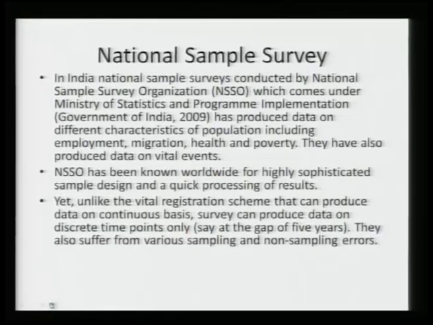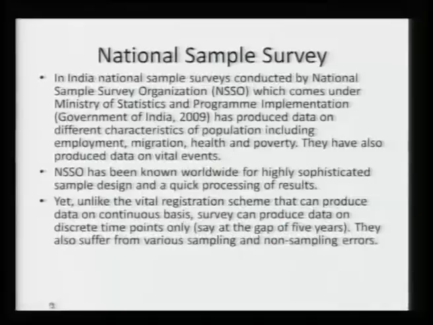In addition, we have national sample surveys, NSSO. Economists are bigger users of NSSO data, but sociologists have also made use of NSSO data on poverty, unemployment, consumption expenditure, migration, health. From time to time, there are certain items fixed on which in every round NSSO collects some data, and there are some items on which data are collected periodically. So, morbidity or health or migration are such issues on which periodically data are collected in NSSO, and you can get a lot of secondary